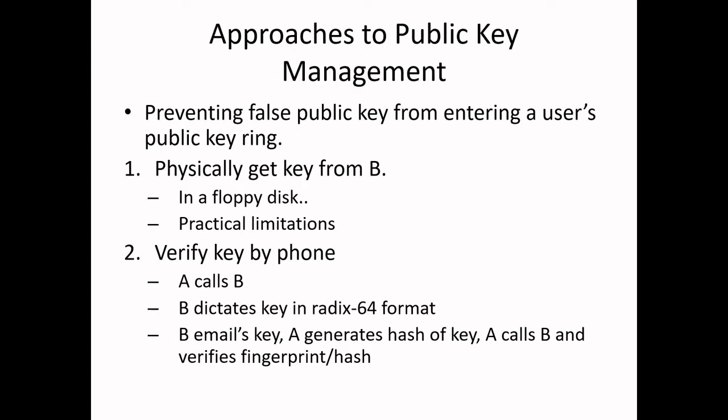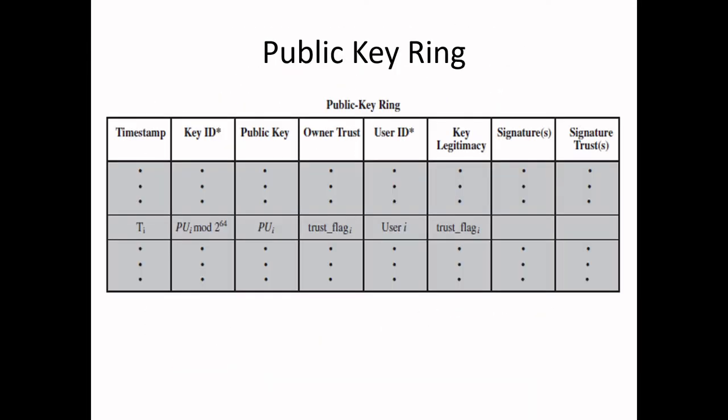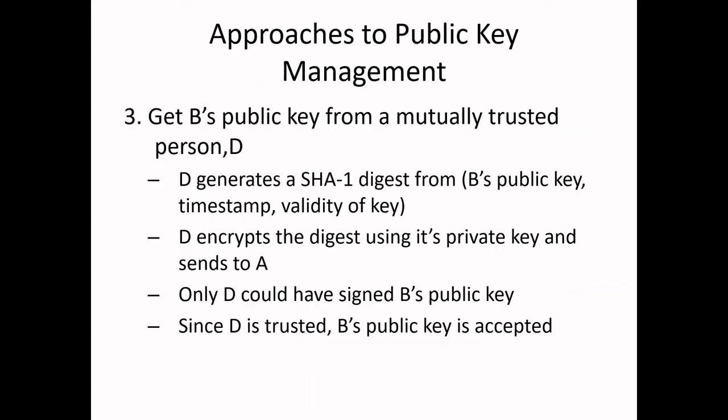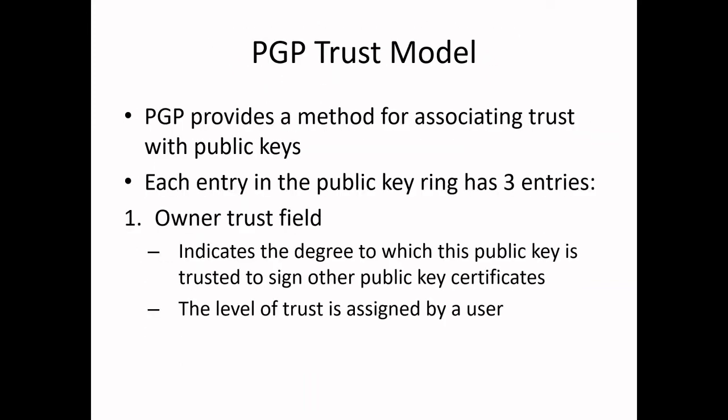If we look at the earlier key ring example, this is the public key ring, right? We have seen it already. In this we have the timestamp at which this public key private key pair is generated, the key ID for it, the public key itself, and there are these trust fields. It is these trust fields which we are talking about. It is based on these that the level of trust associated by the user with this particular public key is identified. So that is a method proposed by PGP itself.